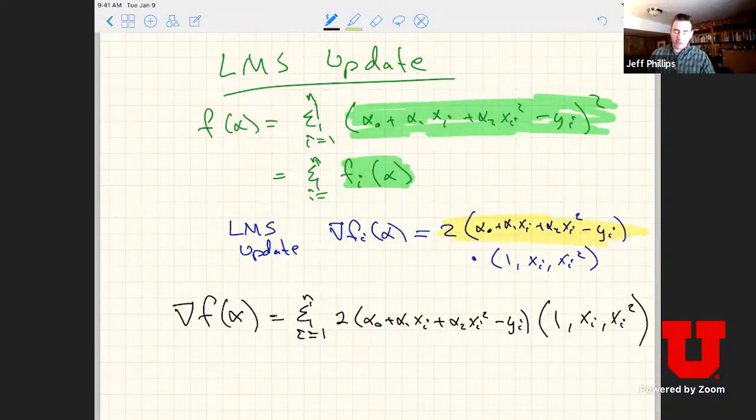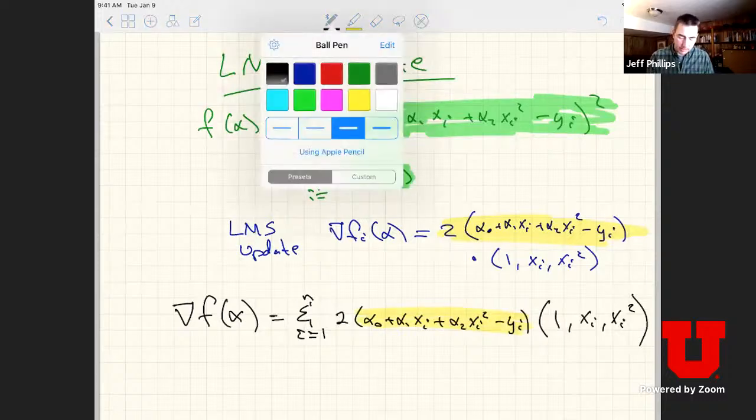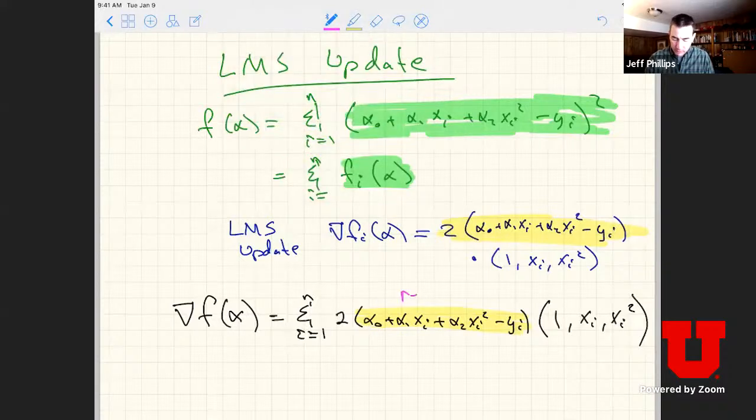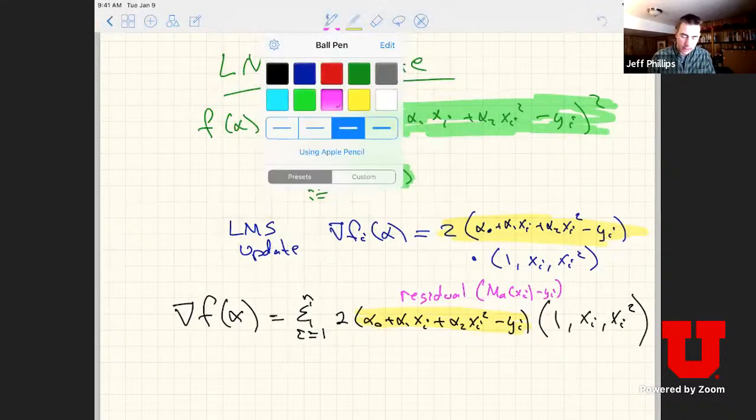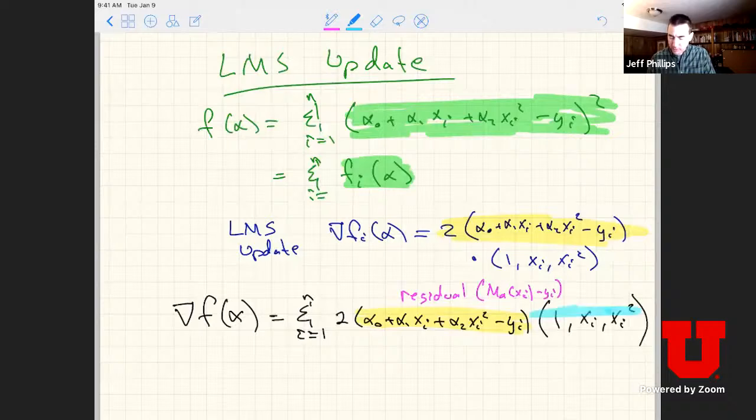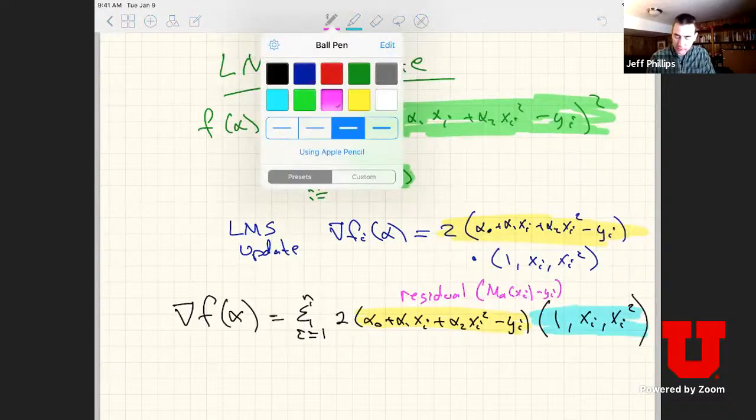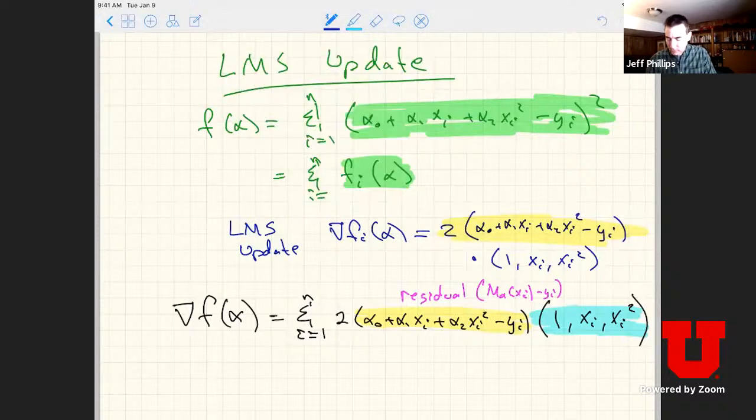Every time I run through the sum, the 2 is the same for every term, but this term is the residual, m of alpha xi minus yi. So this yellow term is the residual, and this term is just the data point. This is just the expanded explanatory